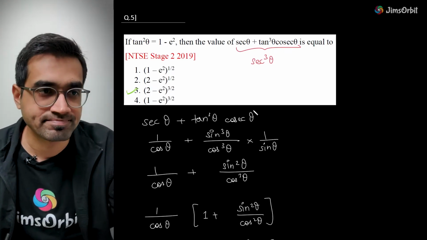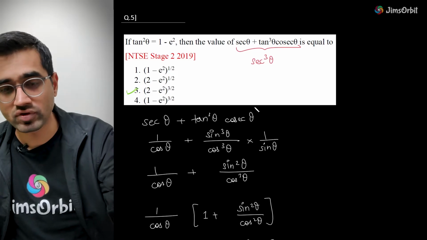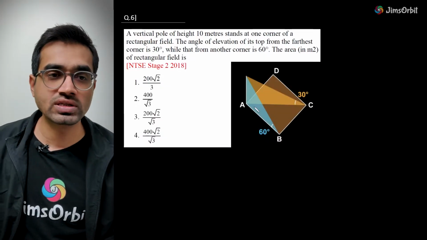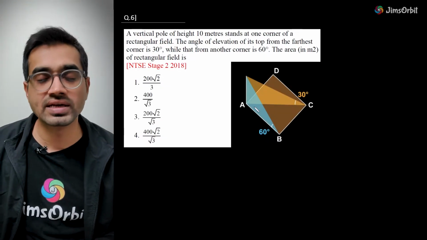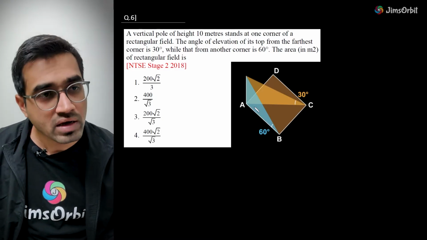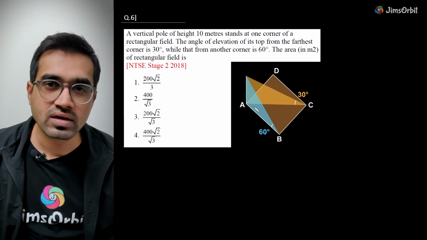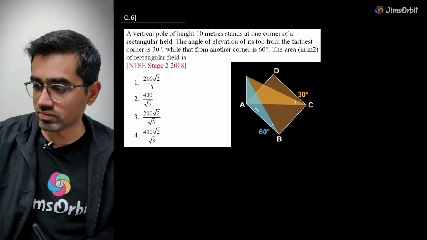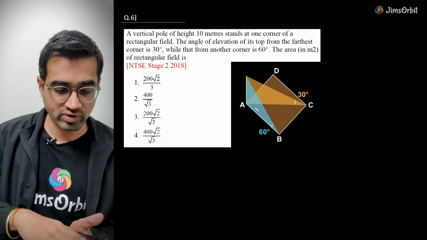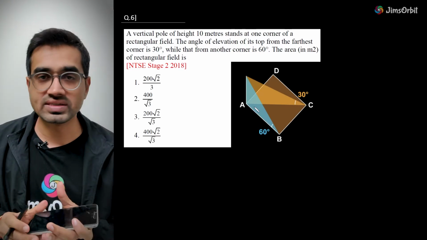Easy, isn't it? So this finishes off the 5 questions. We are moving to the 2 questions. They are based on heights and distance, or application of trigonometry. Very easy. Just don't worry about it. I'll use some mobile phone and all to explain this. Okay. So let's start with it.